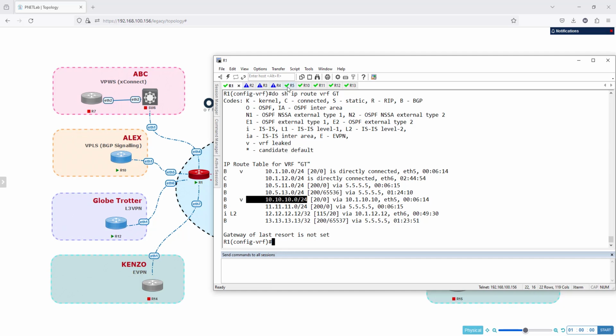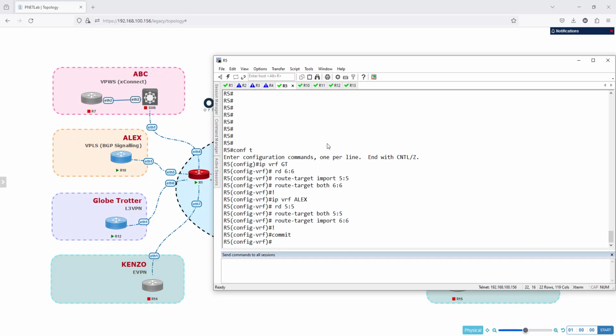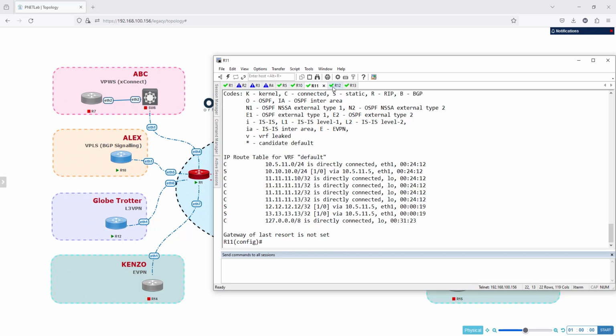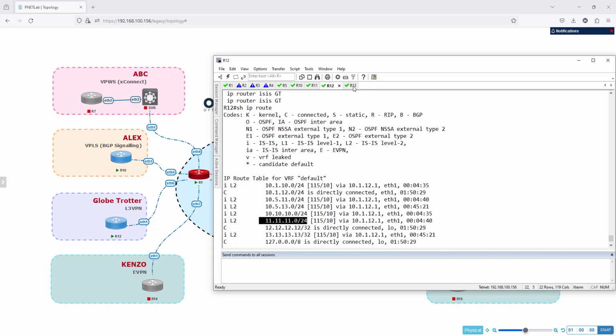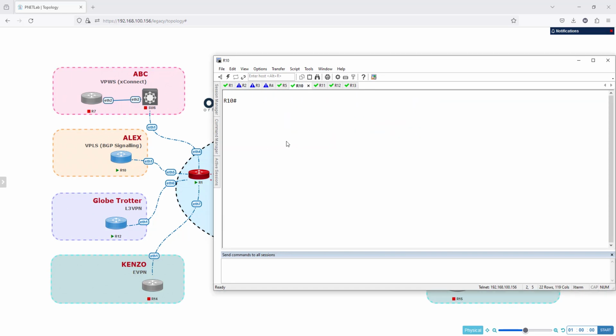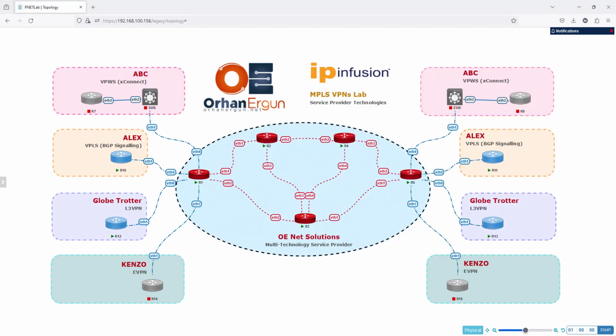The same thing should be done on router 5 just to make sure that we have reachability. So if I just say do show IP route, VRF Alex, we have VRF leaking correctly set. And also if I just go for GT, we have this as well. So one more time, if I just check the reachability on any of these, I should be able to reach the other sides. So from 10, for example, on R10, if I just say ping, let's say 13.13.13.13, which belongs to Globetrotter on the other side,